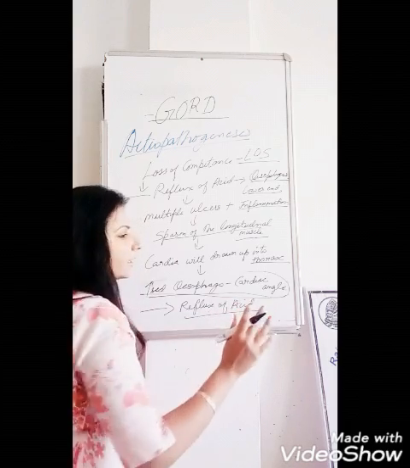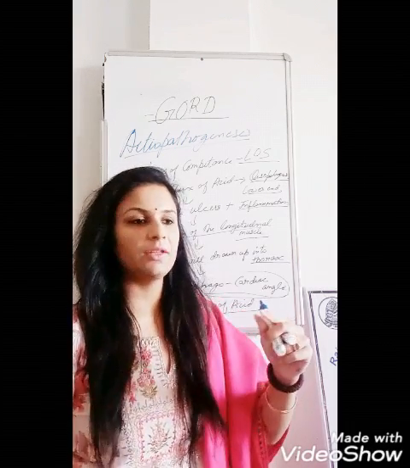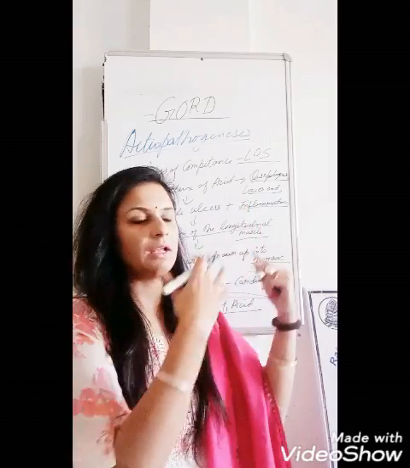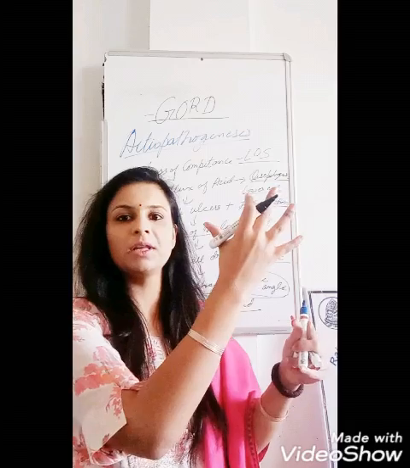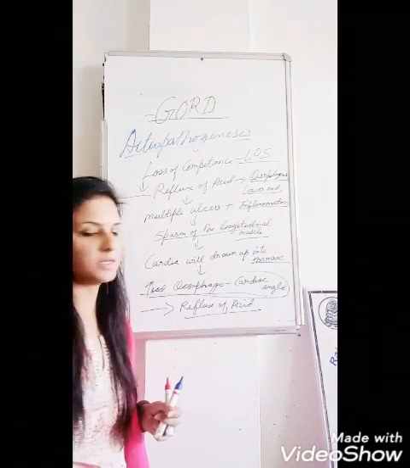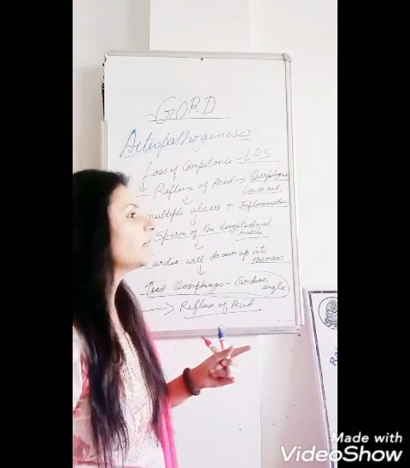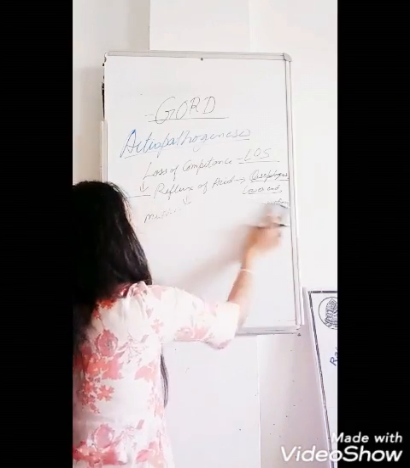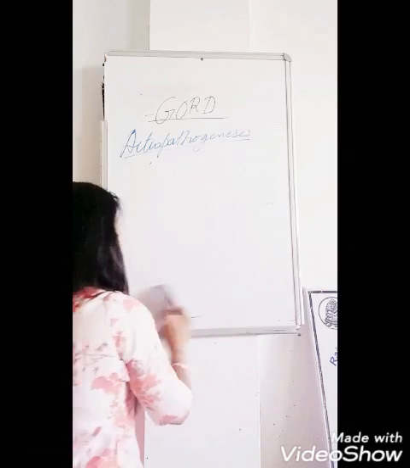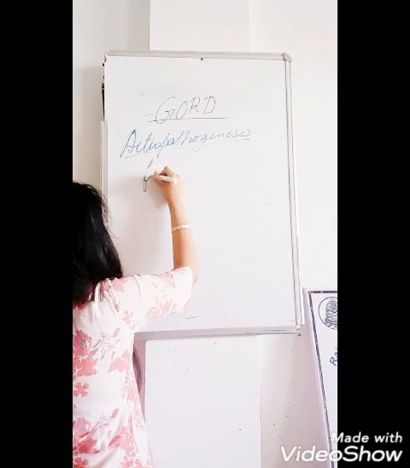And so then again the cycle will repeat. There will be influx of acid, then again the whole process, then again the spasm, then again the angle will increase. So that's how this process goes on. And later on there will be fibrosis of the esophagus. This is the late stage. So in the late stage there will be fibrosis